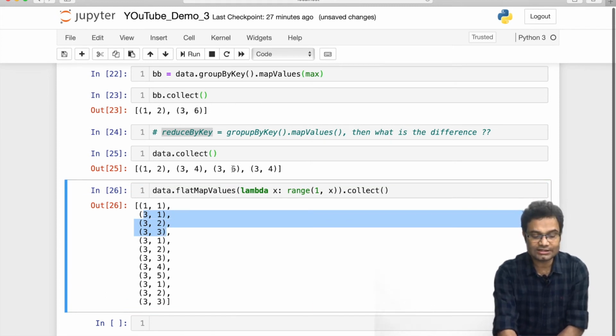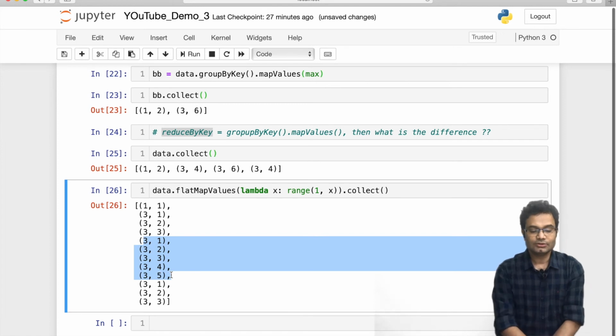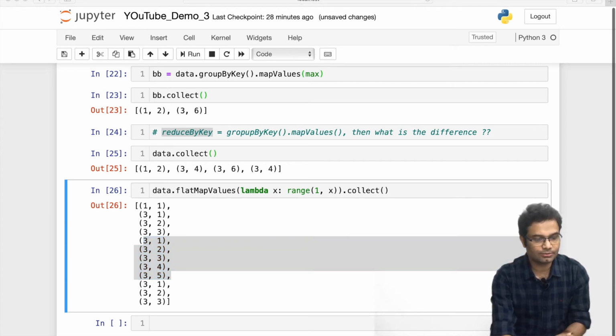For 6, the output is 1, 2, 3, 4, 5. So this is flatMapValues, right? This is also one of the useful things. Okay, and then we will do some